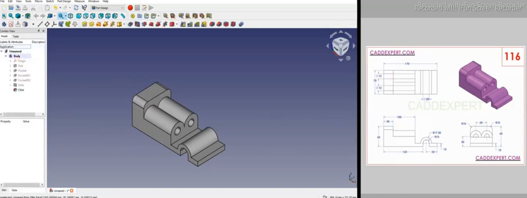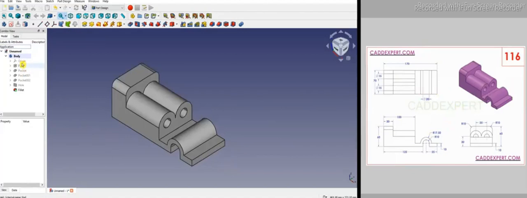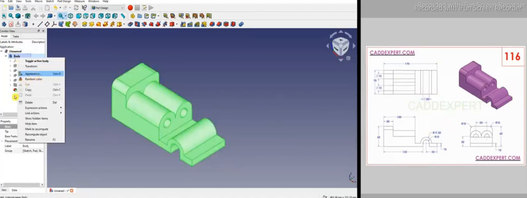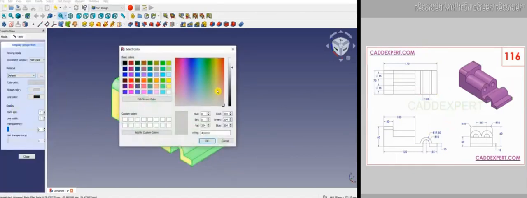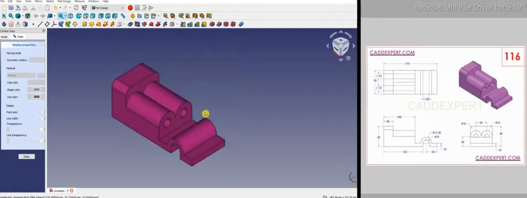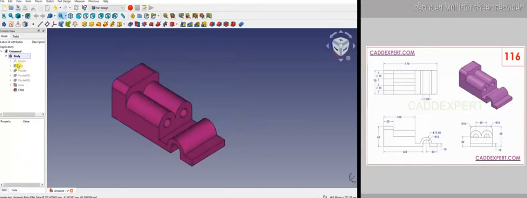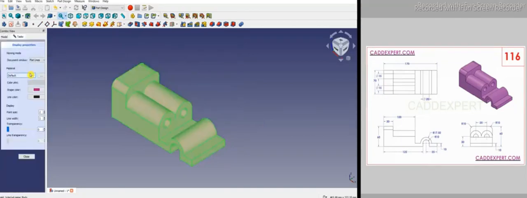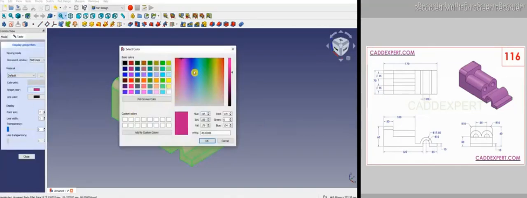The only thing which remains is to give color to our model as per our reference. So I will go to the body, again appearances, and I will select the color. You can fine tune your part color by dragging it up and down. Okay, so it is more dark, so I will sharpen it a little bit. So I will select and